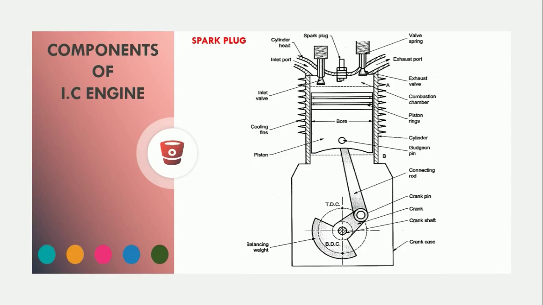Spark plug. Yes, if you have spark ignition engines, the obvious thing is that to ignite the charge we use a spark plug. The spark plug is mounted over here on the cylinder head, and it is used to produce a high intensity spark for the combustion of the charge, which is the mixture of fuel and air inside the cylinder, and that is in the case of your SI engine. And if you have a diesel engine, in that case the spark plug is replaced by the fuel injector.